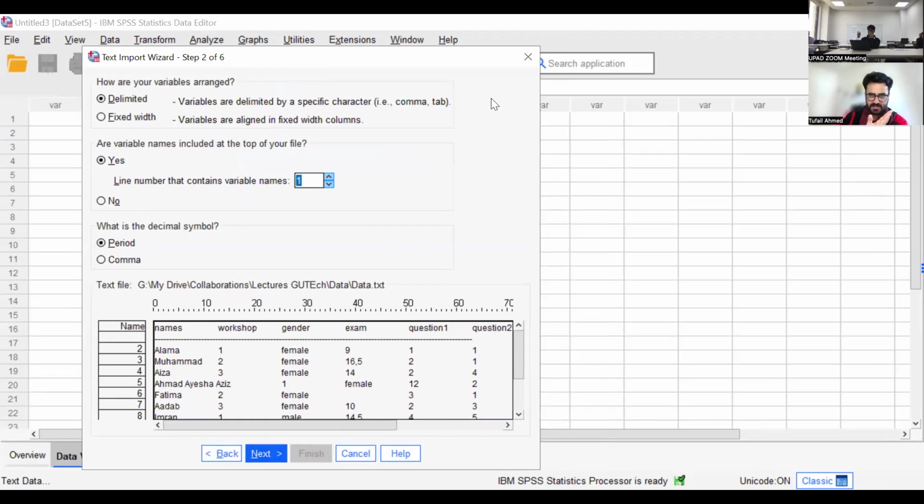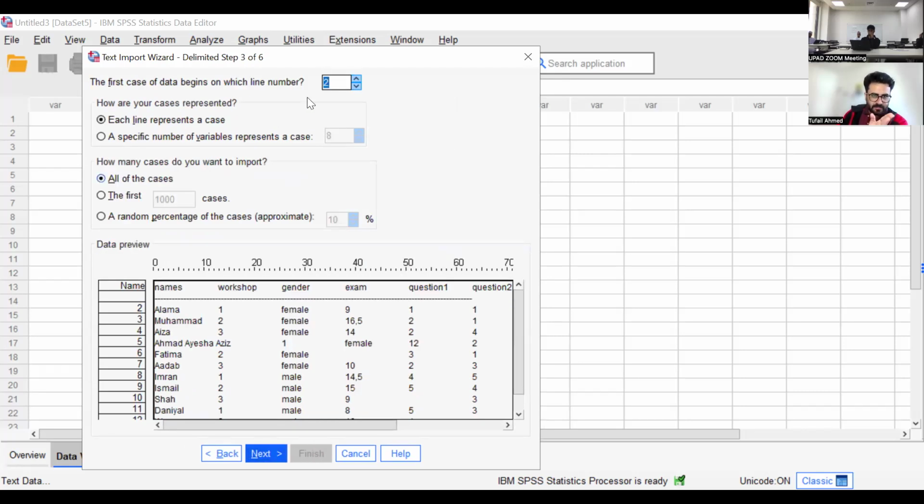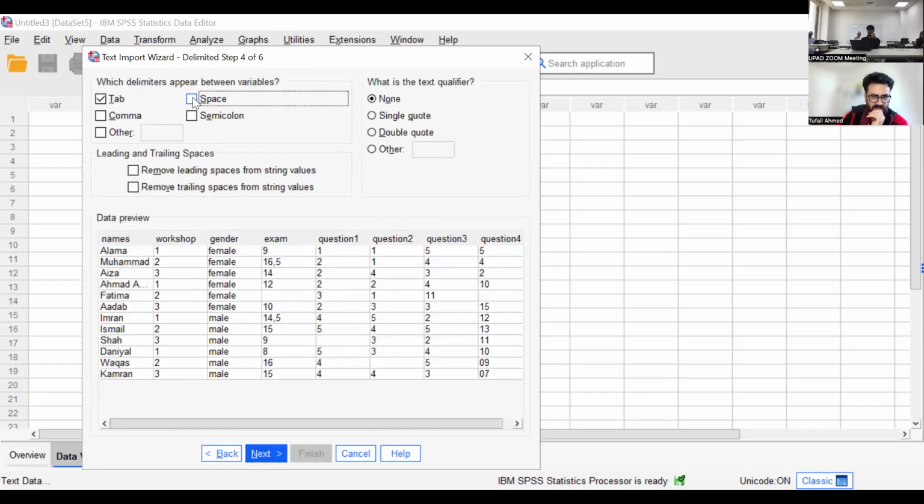Everything as I mentioned before, tab, comma. My first row is my variable name and I'm using comma, let's say next. And then my case starts at row 2. Each line represents a case. Next.